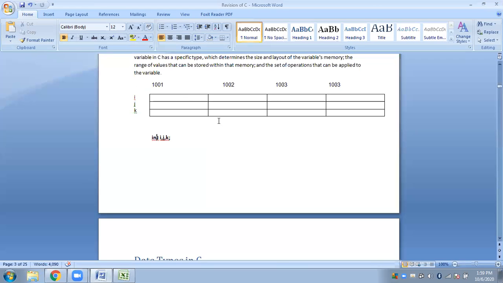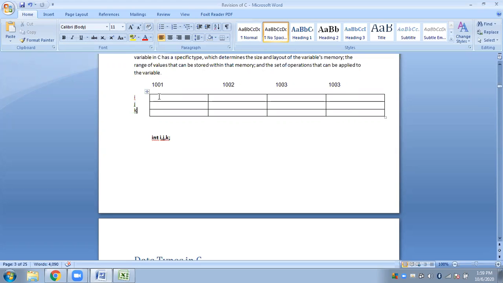But you have to remember that because these are integer type variables, each of these variables will be assigned 4 bytes together. That is all. But i, j, and k need not be together. They can be anywhere. They have no relation with one another.